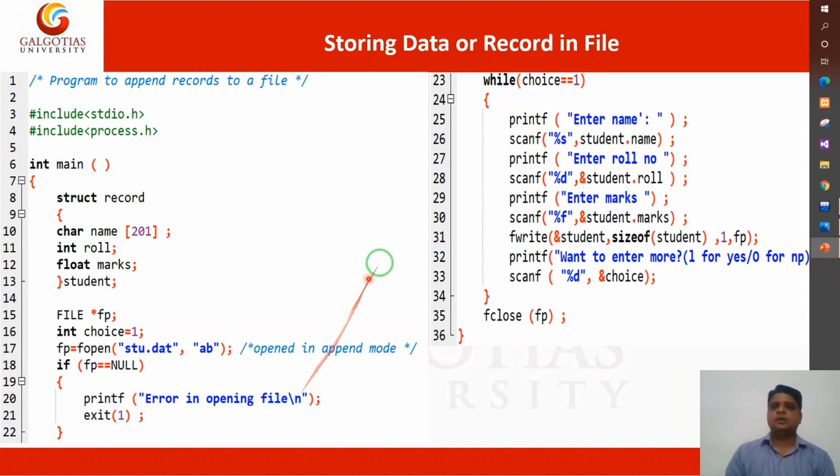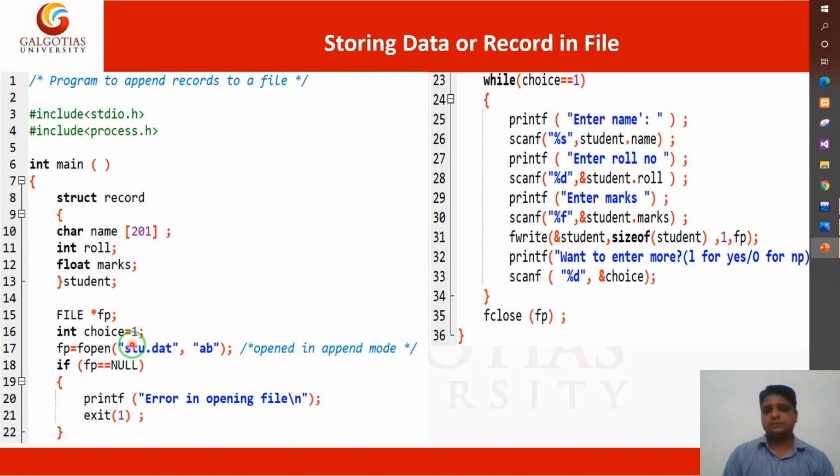While choice equal to 1. Here, int choice equal to 1. What is the meaning of this choice? For the first record, when you are going to enter it, the value 1 equal to 1 is true, and you will enter your data.